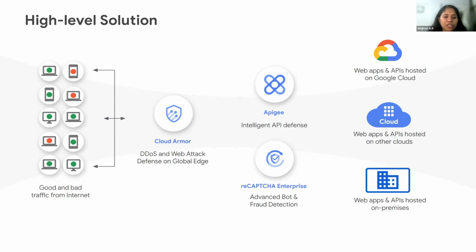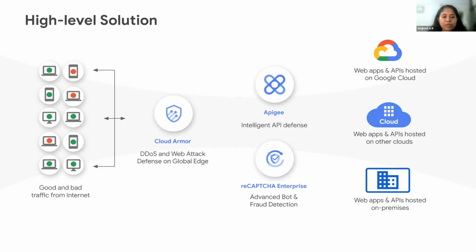Next is a web application firewall. A web application firewall can block a wide range of web-level attacks. There are different kinds of attacks that can happen at layer 7, or at web level: SQL injection, cross-site scripting, file upload attacks. Those kinds of attacks can be protected against by a WAF. Then content security policy is something that you can implement. You can block resources from untrusted sources using content security policy.